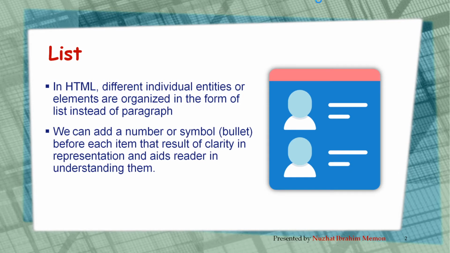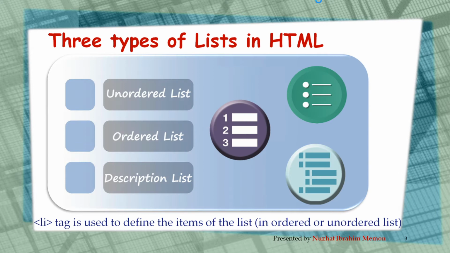Lists are generally used to put all the related elements together to clearly represent them, and for better understanding of the reader even. Now we will see different types of lists in HTML. There are basically three types of lists in HTML. First one is unordered list that is used to display a group of related elements in any order. In unordered list, any order or sequence does not matter. Take an example of a shopping list. You could put the items in any order, but the list would be the same.